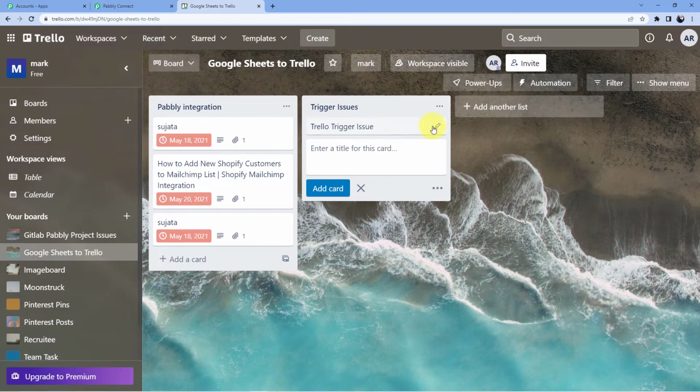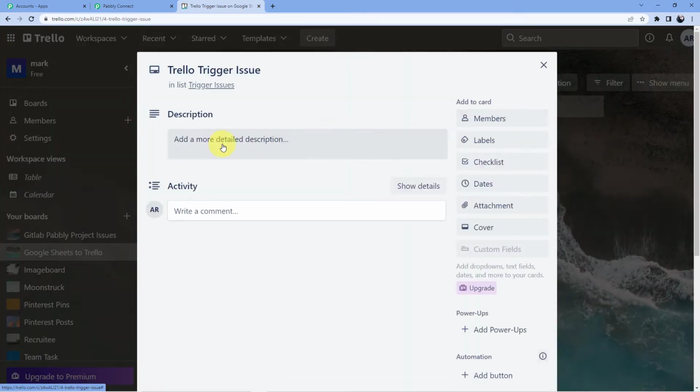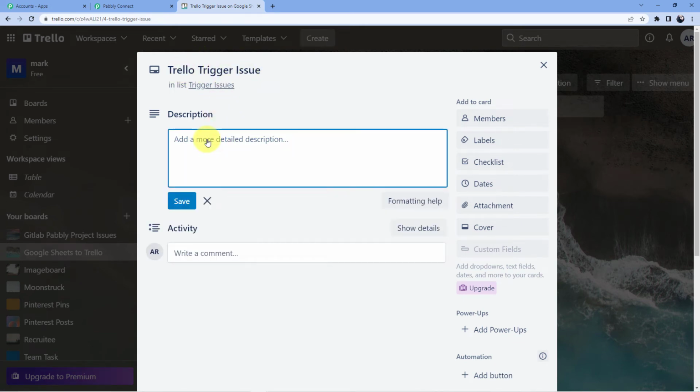Now I am going to open this card, and now I am going to put the title. Title is Trello trigger issue. Now I am going to put the description. So here the description is, we are having an issue in the trigger event of Trello.